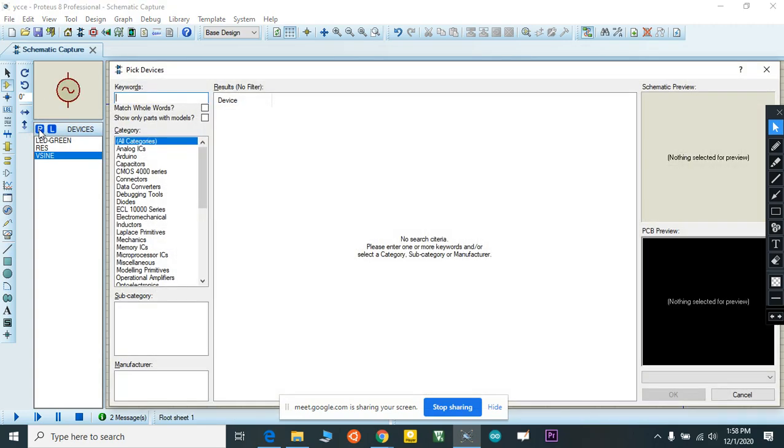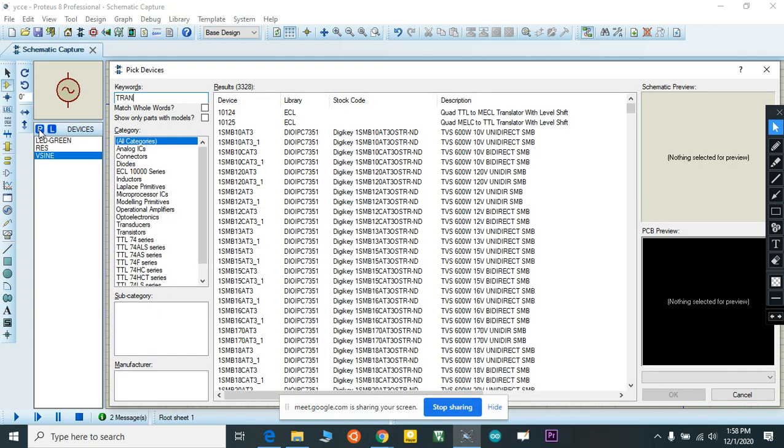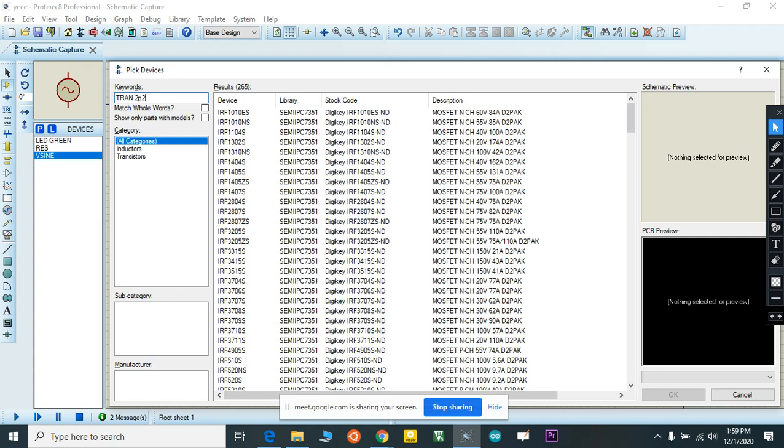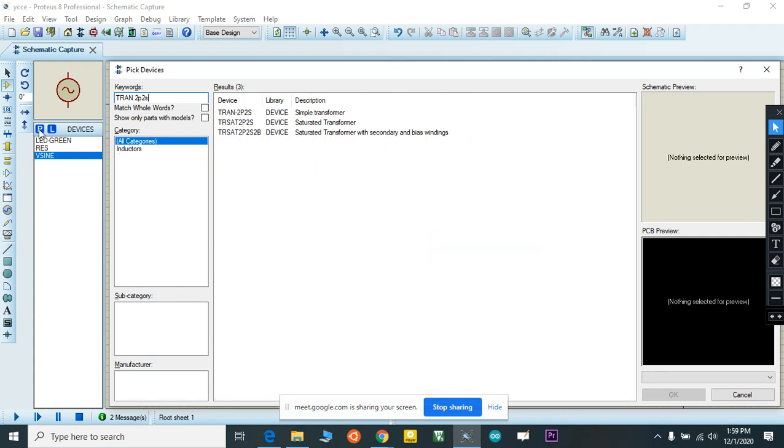Then transformer. I need a transformer which converts 230 volt into 12 volt. Trans 2P 2S.